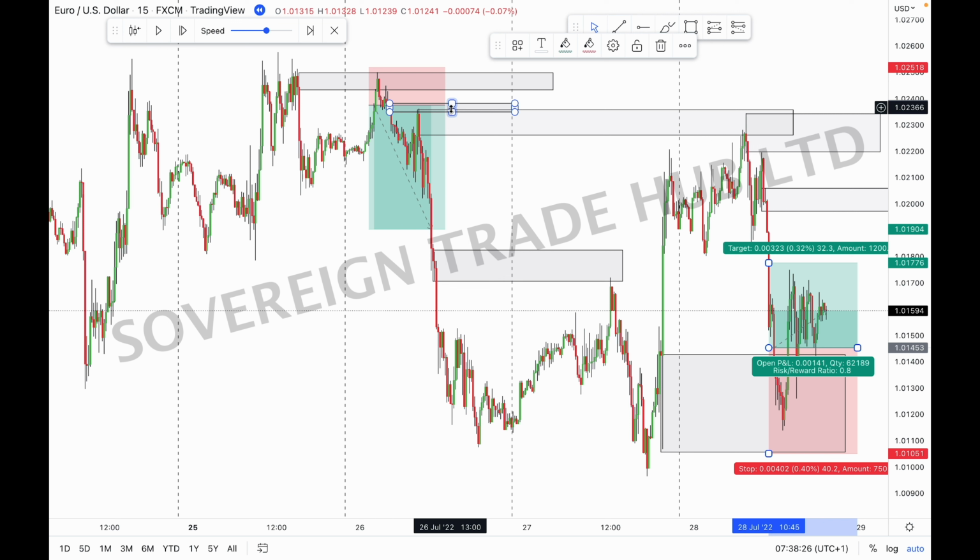So that being said, just take to heart the concept of mitigation that we've discussed so far, on tapped and untapped zones. When it comes to refinement, change of character and so on, and profit taking with reference to mitigated and non-mitigated zones, stop loss placements with reference to mitigated and non-mitigated zones, we'll get to that furthermore in the future.